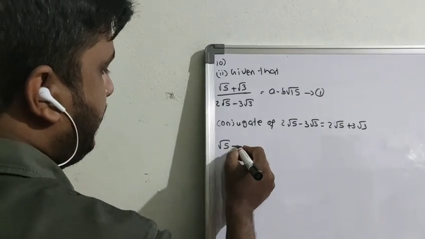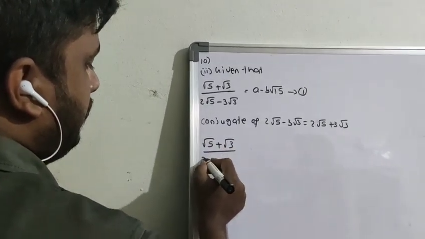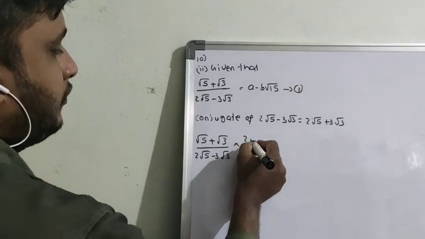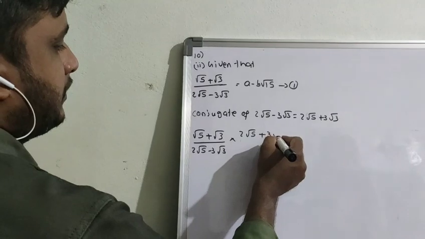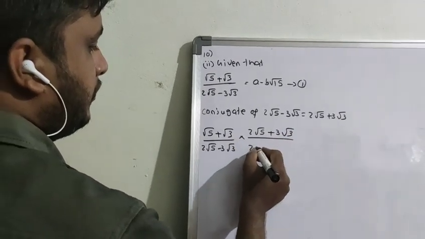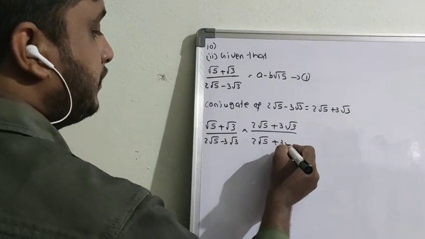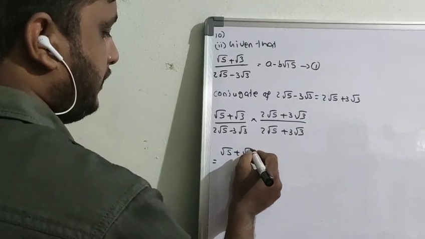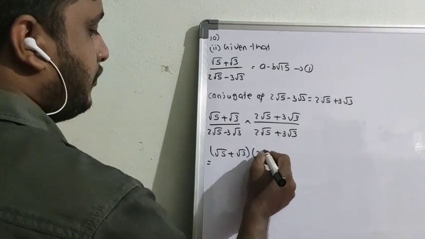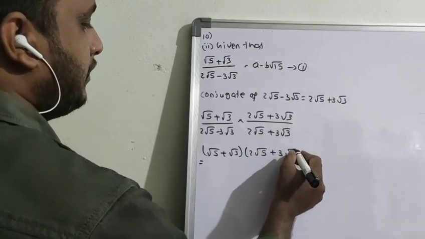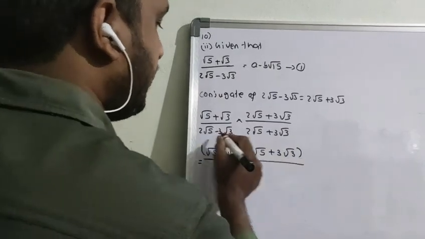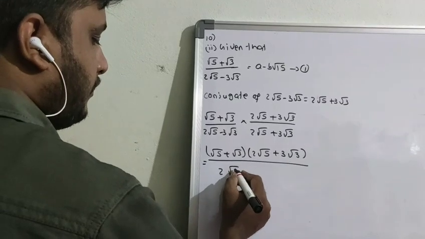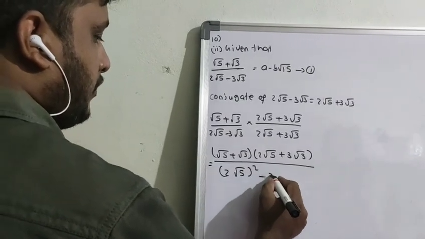So (root 5 plus root 3) by (2 root 5 minus 3 root 3) into (2 root 5 plus 3 root 3) by (2 root 5 plus 3 root 3). So now (root 5 plus root 3) into (2 root 5 plus 3 root 3) by, this is (A minus B) into (A plus B), again the A square minus B square formula, (2 into root 5) whole square minus